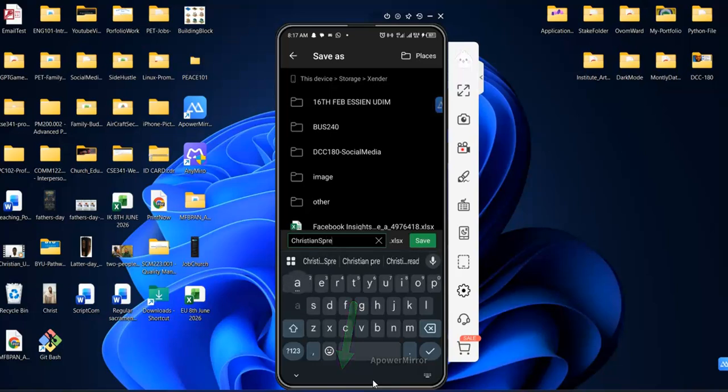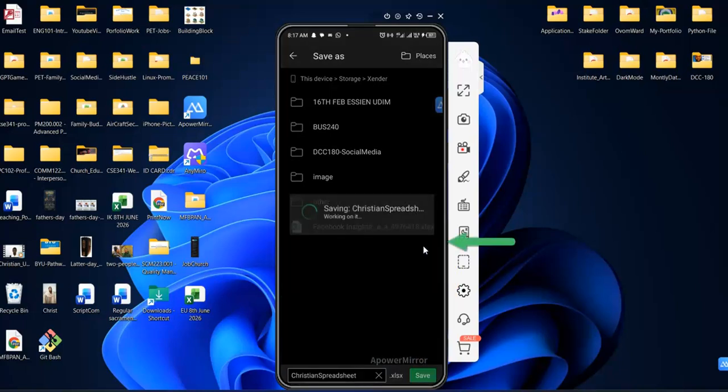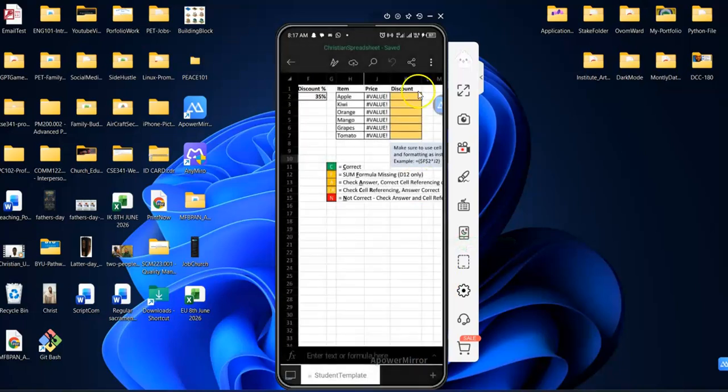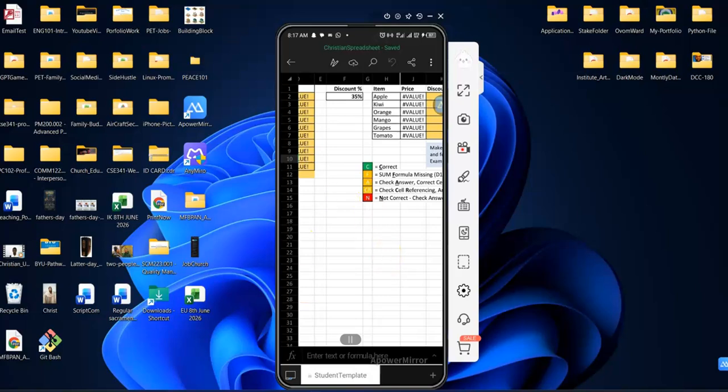Spreadsheet. Okay, and I'm going to click on save. So when I click on save, it is being saved. Now it is saved with my name, Christian Spreadsheet. Alright, so now let's do the assignment. Following the instruction,